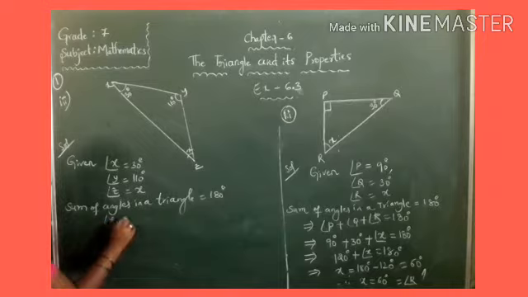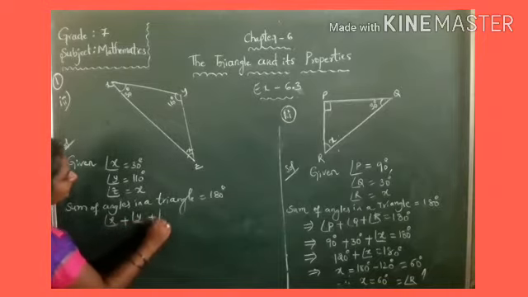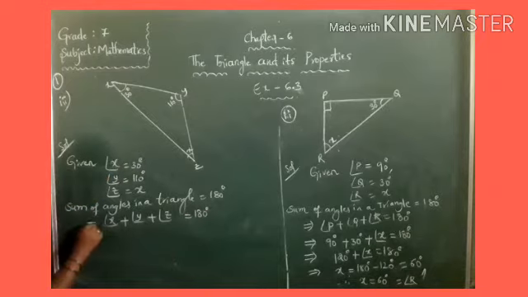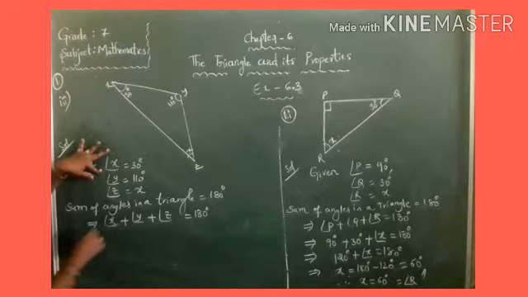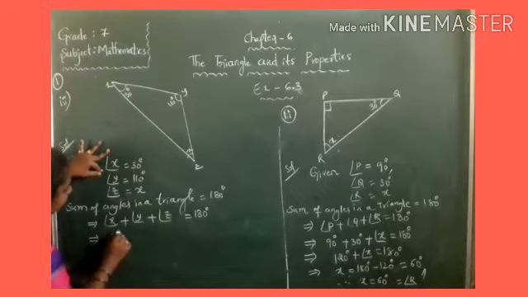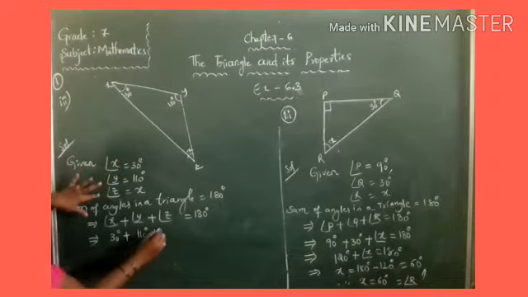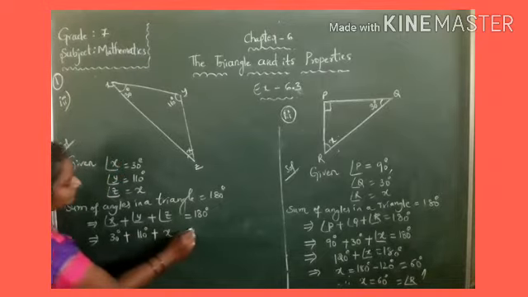That is angle X plus angle Y plus angle Z is equal to 180 degrees. Substitute the angles: angle X 30 degrees, angle Y 110 degrees, angle Z X is equal to